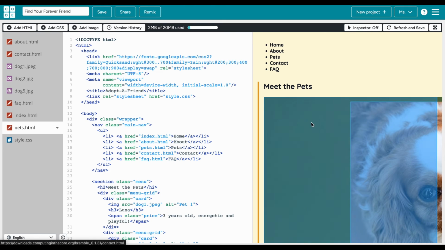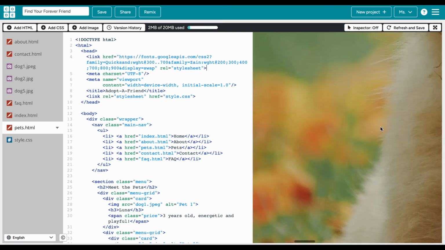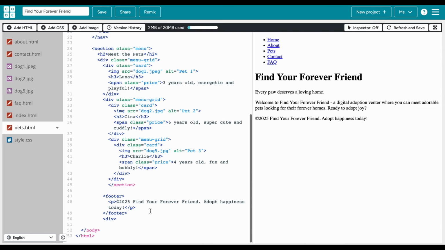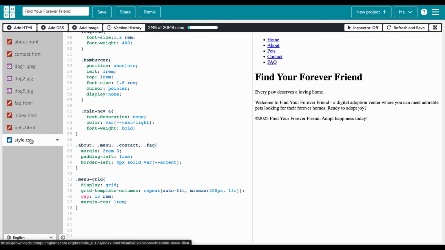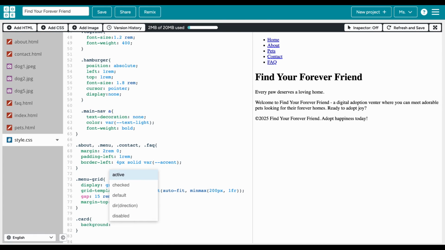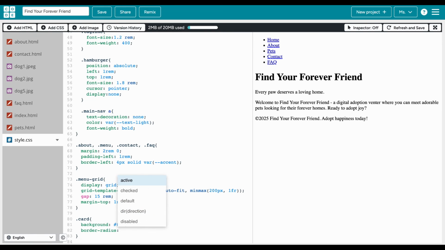And so this will be seen in our pet section, so it will be making the card view, which you can now see the images sort of overlap. And then now let's continue with our cards. So let's give it a white background. So .card, curly bracket, background is #FFF, and then let's give it a border-radius, and that will be var(--card-radius),